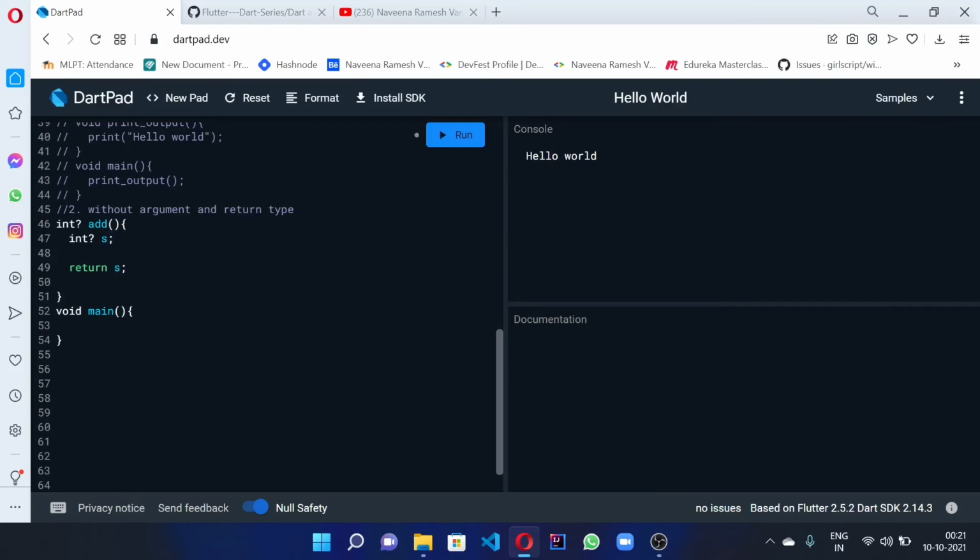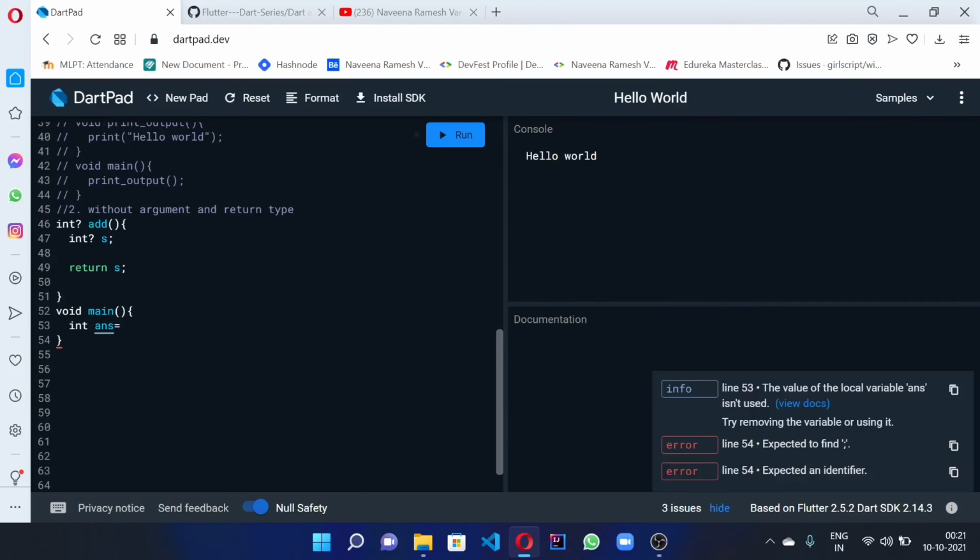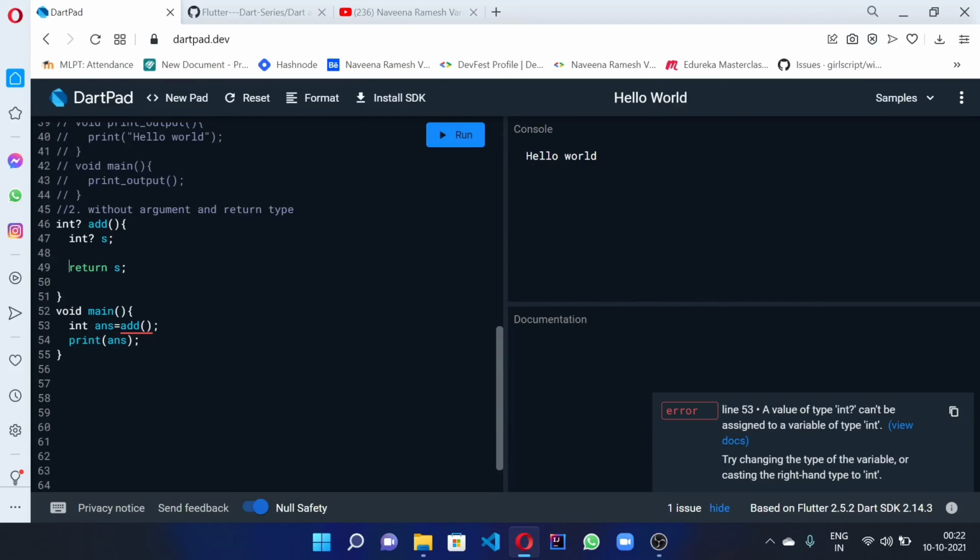We'll return s alone and we call that function here. While calling the return type function, you should assign some value. We should call as add and we print the answer, because we haven't printed in the add function, we only gave a return type. Okay, what's the error?